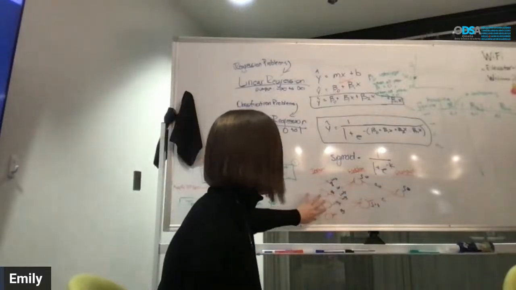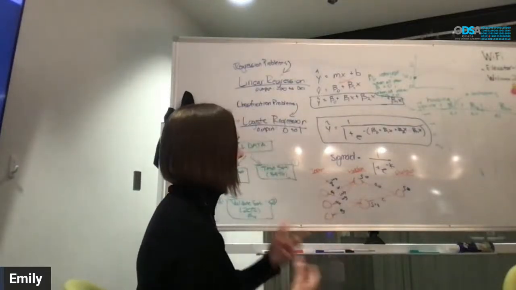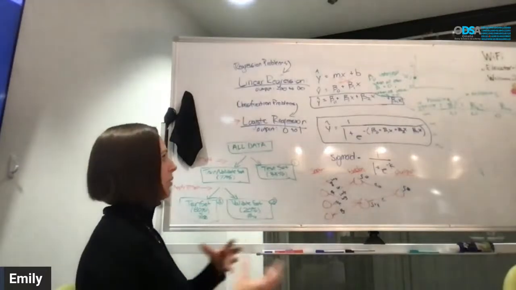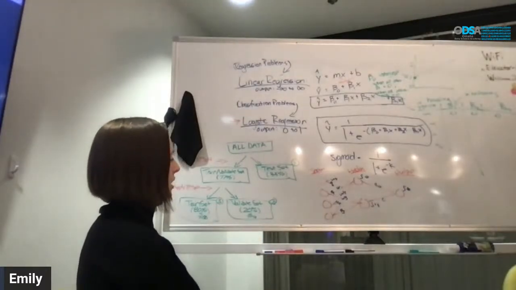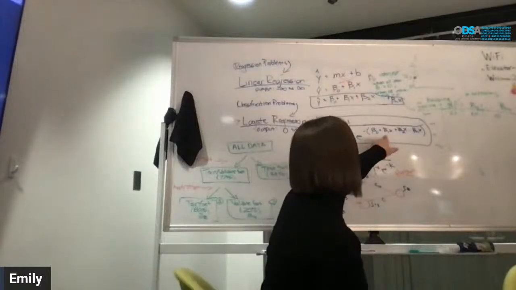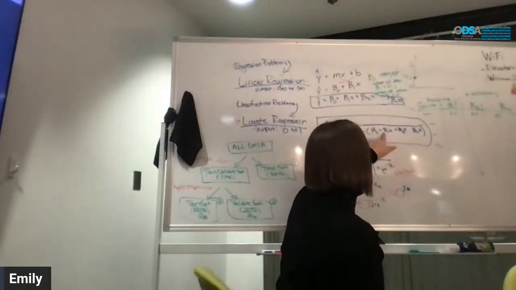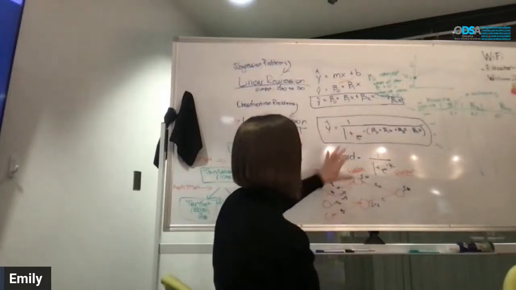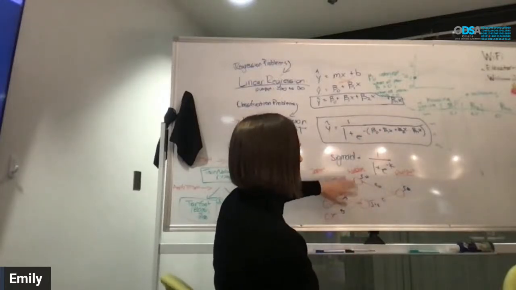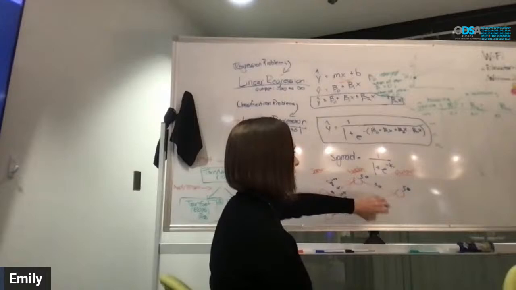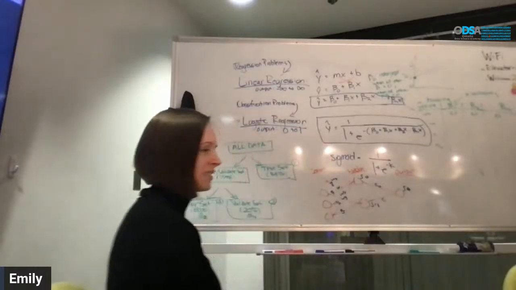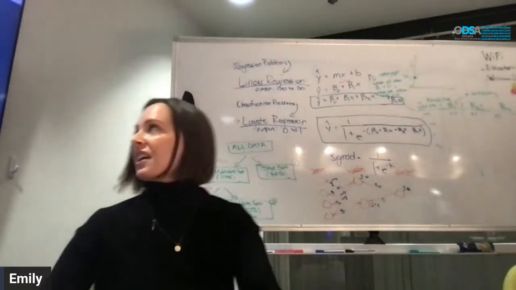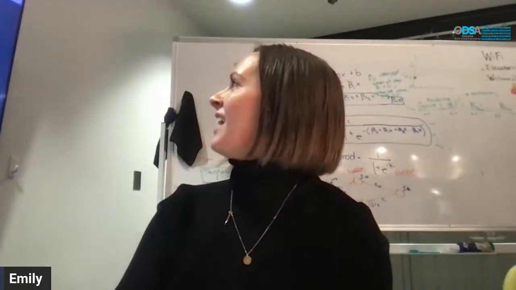But yes, so all these weights and biases, you'll hear that a lot, weights and biases, when they talk about neural networks, and that's all these. So these are our weights, our B sub 1, B sub 2, B sub n, and our biases are our B sub 0. There's just a bunch of them in neural networks. So this has weights and biases, this has weights and biases, this has weights and biases. Okay, that's all. Now that I wasted our time, sorry.